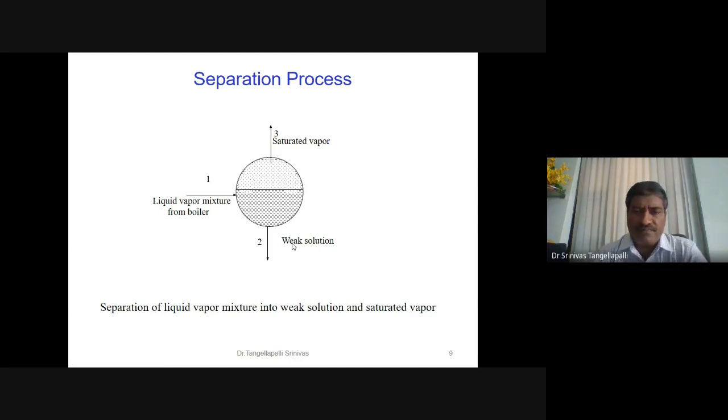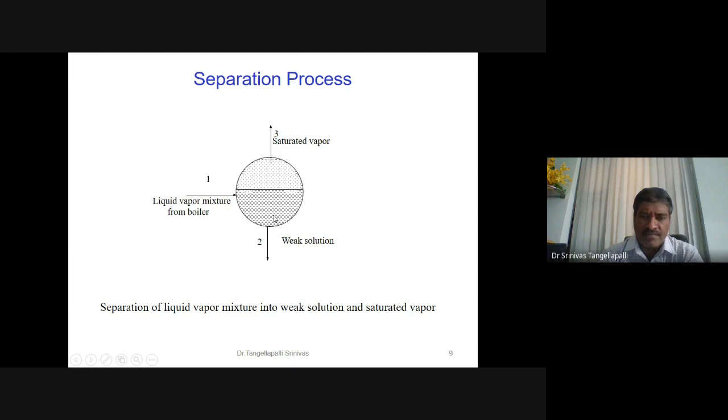Even in a steam power plant, in the boiler, you may see the steam separating drum. Similarly, this also looks like a steam separating drum. The mixture from the boiler, at high pressure, is entering the separator, where the liquid and vapor are separated mechanically, by gravity,